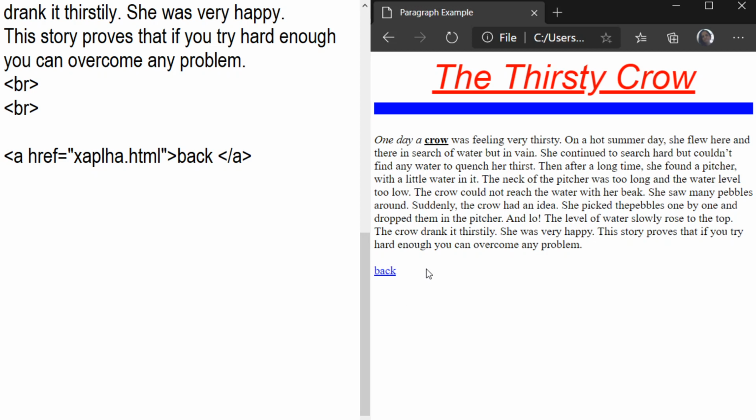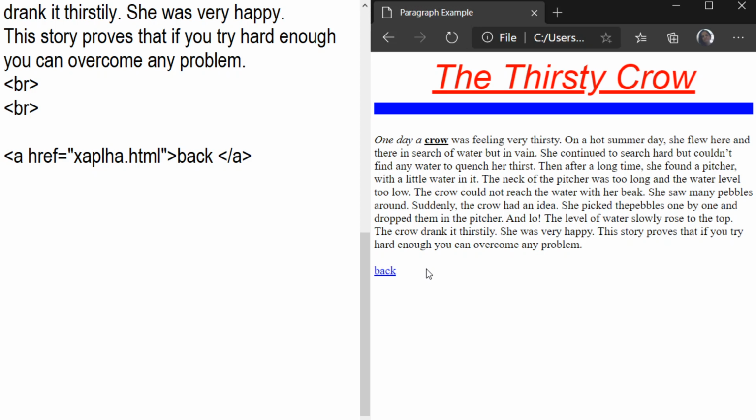Now you can see here the link is active, here is your back. The color name is blue, and if you want to change this color you can change it.